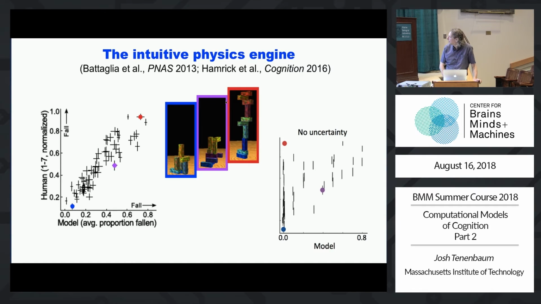In particular, what you can see is there's a bunch of points in the upper left here, which are things that people think are unstable. High means likely to fall, but the model thinks are either perfectly stable or mostly stable. The red dot, the red stimulus, is a classic one. So this one here is one of the ones I showed you before when we were showing you the inverse graphics. And if you look at this, I'm sure most of you would agree, it looks like it should be falling over, right? It looks unstable under gravity, right?